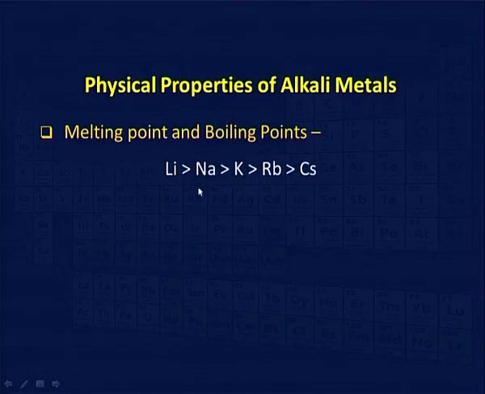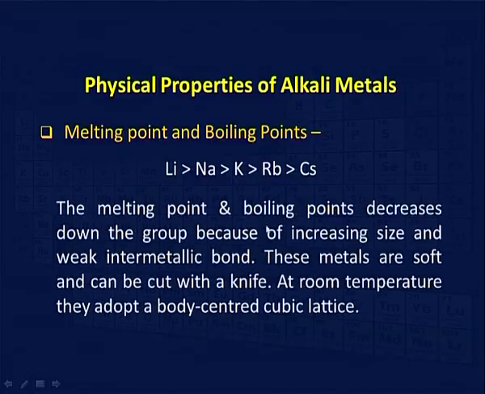Now, melting and boiling point, as I told you, they are held by a very weak metallic bond, therefore, they tend to have very low melting and boiling points. So, trends are also consistent. You can see here lithium, I told you, will have the highest melting point, followed by sodium, potassium, rubidium and cesium. The melting point and boiling point decrease down the group, because with increasing size there is weaker metallic